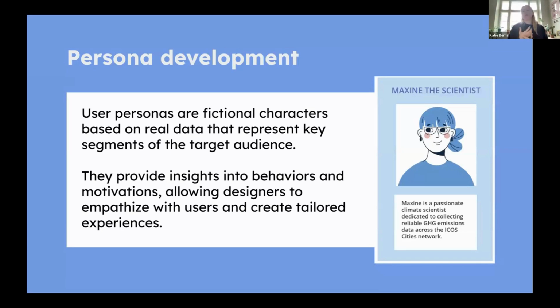So they're fictional characters that are based on your real data. I'm trying to think of a stronger word than representative. They're like an advocate for that group of users. So not only do they help you compile and bring together the whole vision of what these users could be, bringing together their motivations, their past experiences, what systems they're currently using, and the process they're currently using, but it's also something you can keep referring back to throughout the design processes.